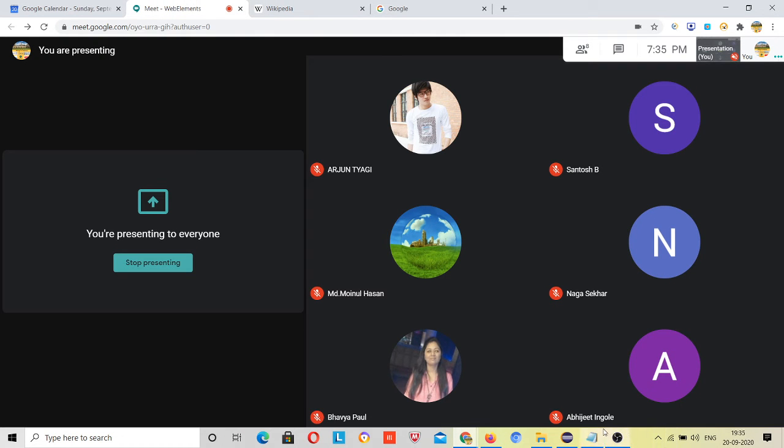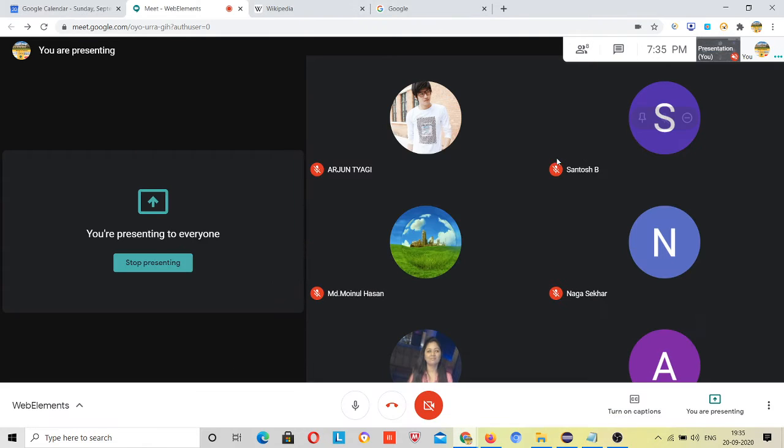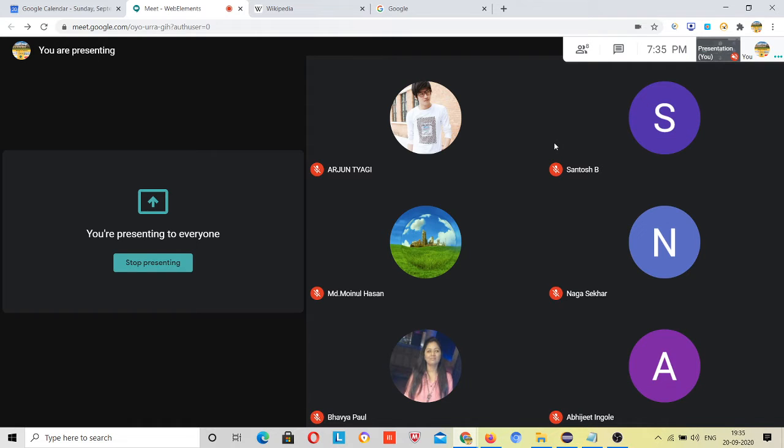Okay. So there is an important interview question: how will you select all the drop down values? The simple answer is you have the get options method present, right? And if someone says you don't need to use get options, then how will you do that? There is another way also.